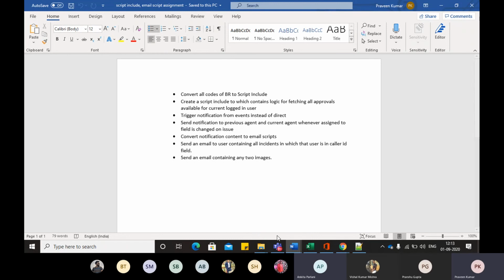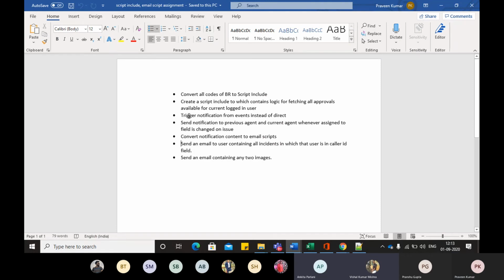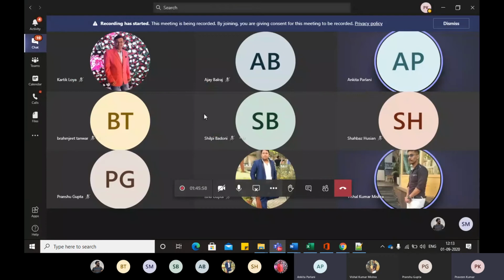Okay. In the same question, can we trigger any notification? There is no specification, right? No, we can create our own event from the event registry and fire it from the notification part. Yes, you can. Okay, so all these things are specifically related to practice only, not for any particular scenario or table. Any doubt?